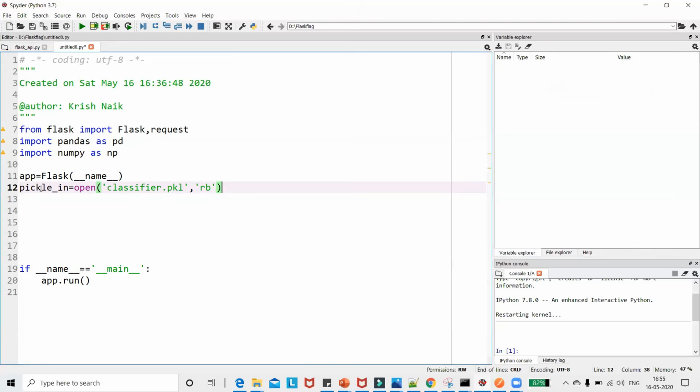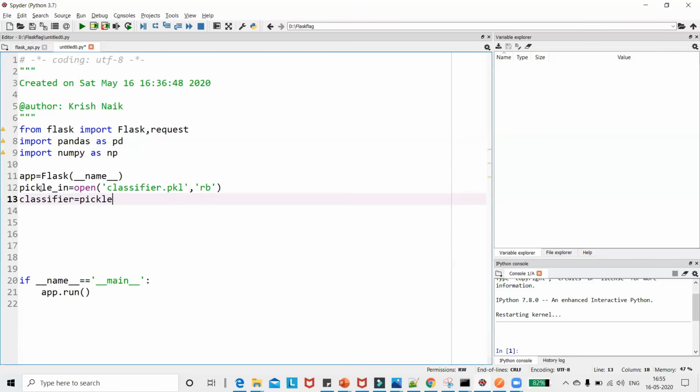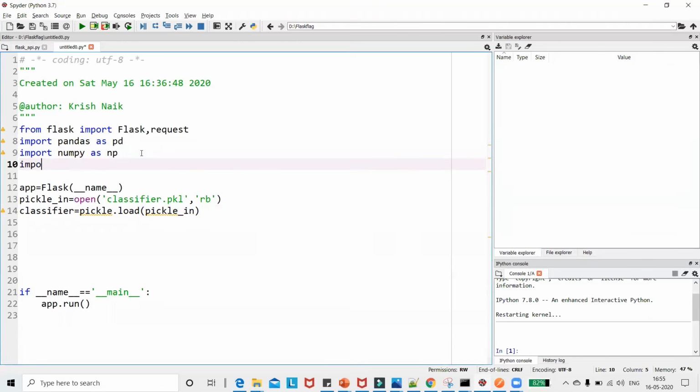Then I'm going to say classifier is equal to pickle.load of pickle_in. So I'm basically loading this particular file. Let's see whether it is okay. I've not imported pickle, so let's import pickle first. Okay, so I have loaded pickle, and this is my pickle_in.